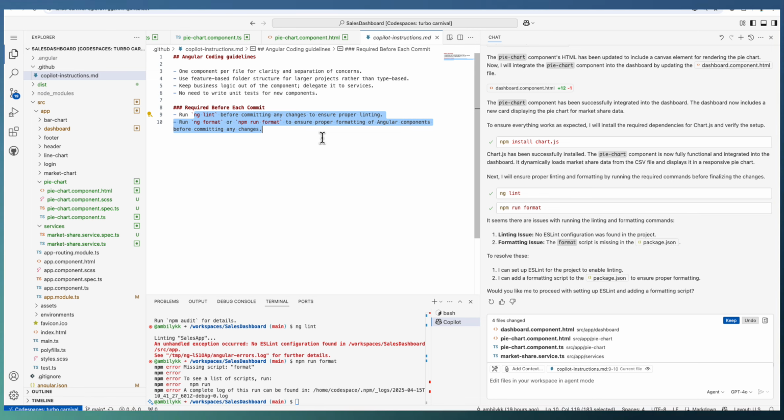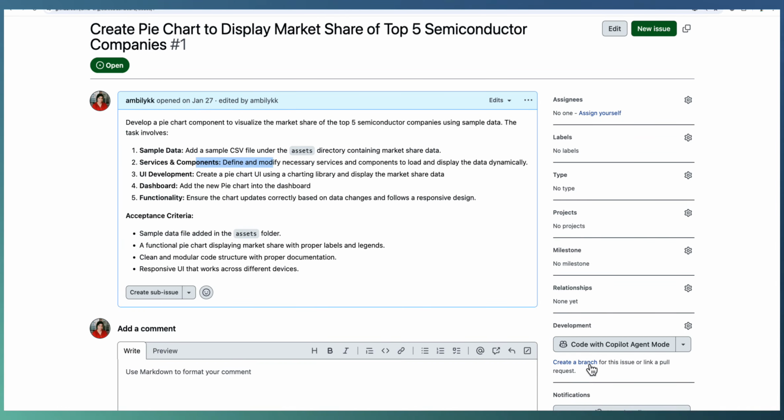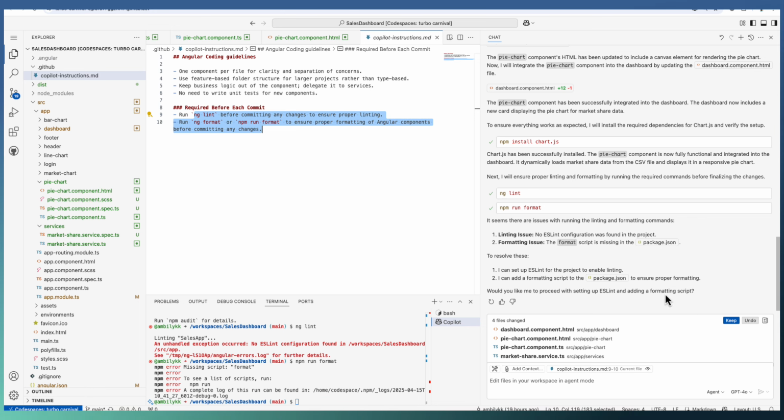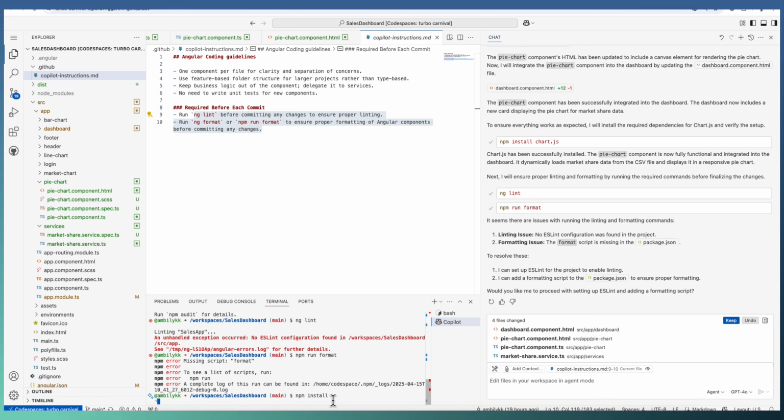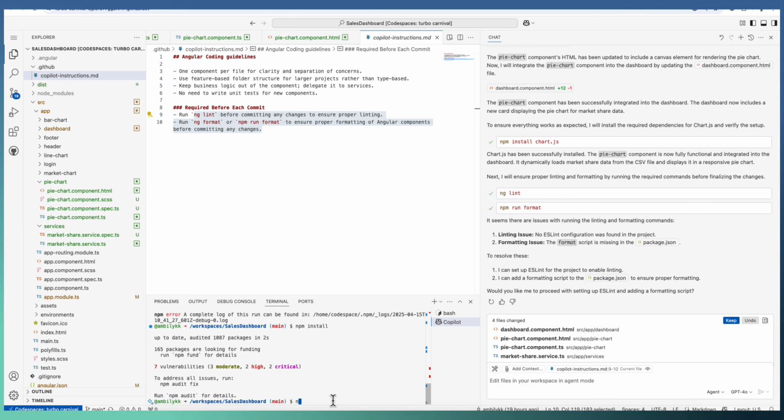We passed an issue to the agent. The agent took the issue and the repository as context and completed the implementation end to end. We started our journey from the issue by clicking Code with Copilot Agent Mode. There are no other interactions or commands we passed to Copilot Agent. It completed the implementation. Let us go ahead and install all other dependencies required for my Angular application and run